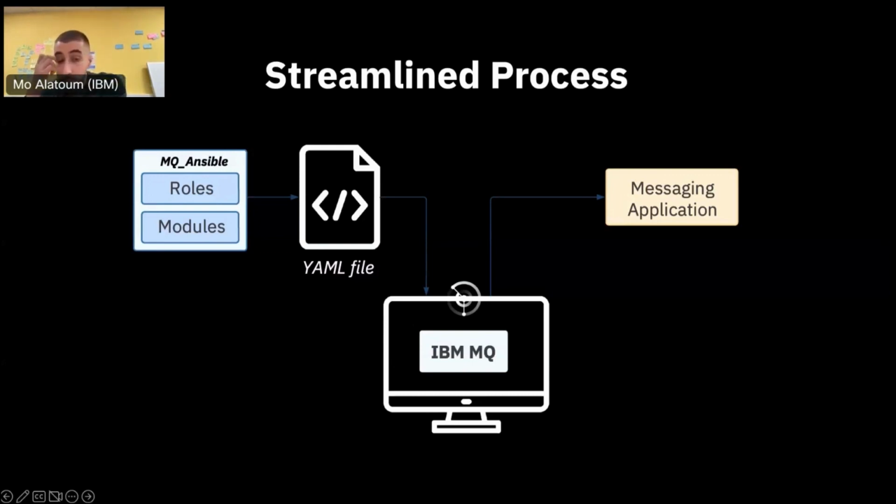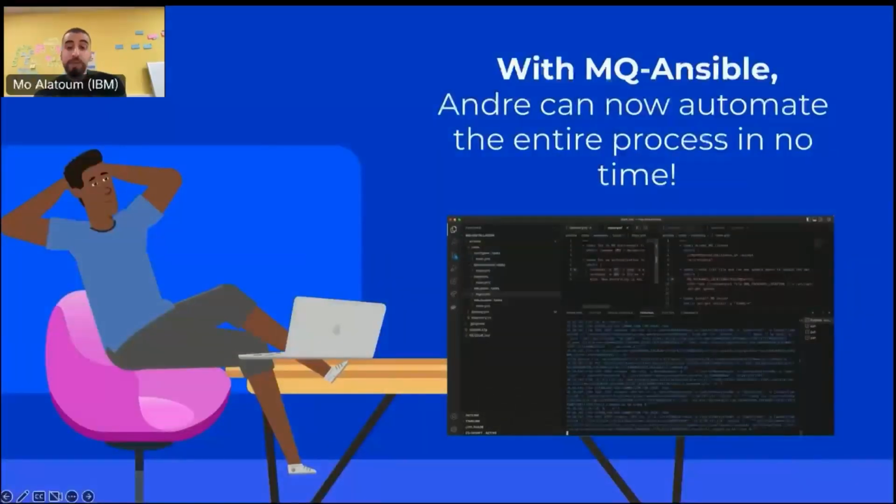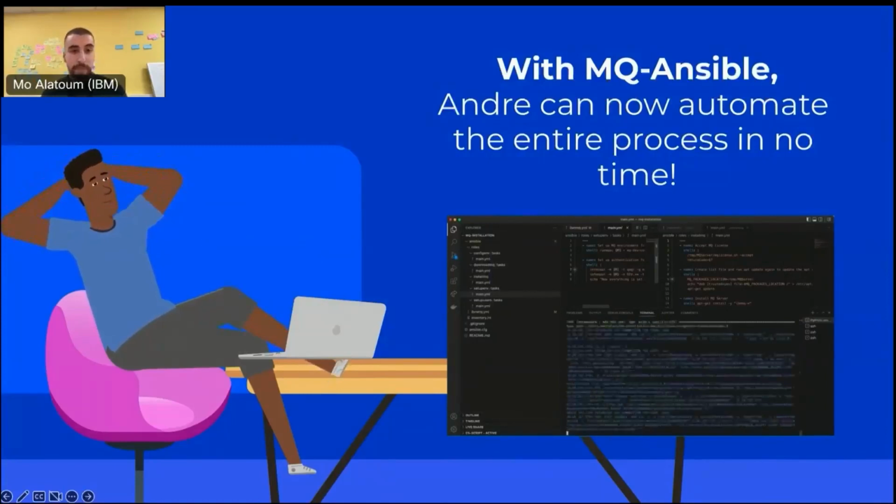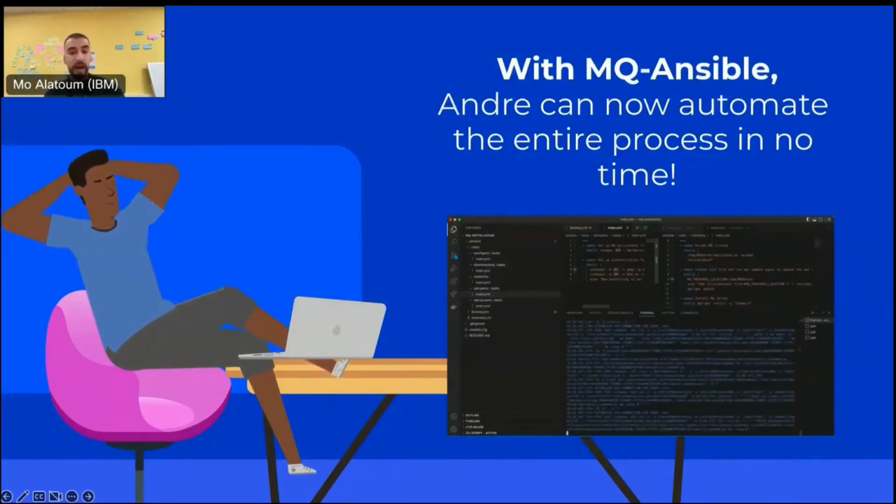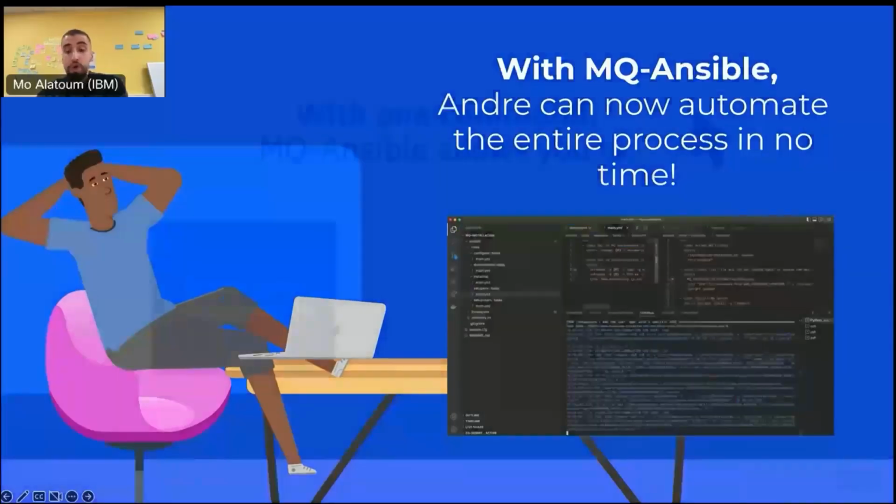Okay, so let's carry on. We talked about Andre, his problem, and how frustrated he was when he was trying to get started with IBM MQ. And now, with MQ-Ansible, he can automate the entire process. He can chill on the couch while the automation is being done for him. It significantly reduces the time and effort required for the deployment, and it also helps him overcome the potential challenges he would probably have gone through during the deployment. So overall,